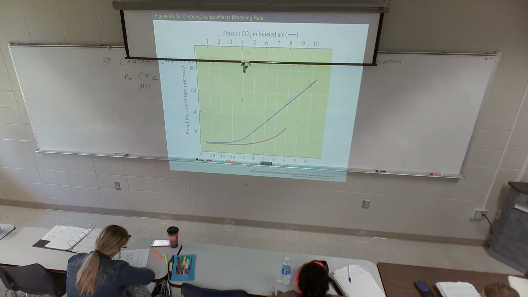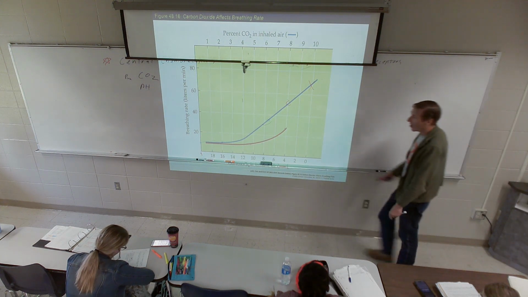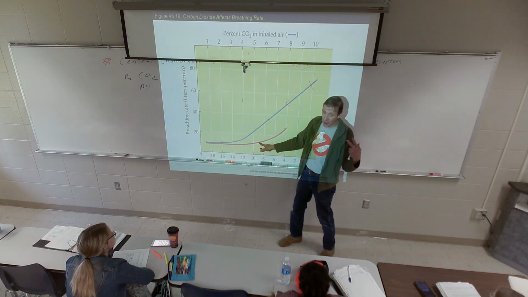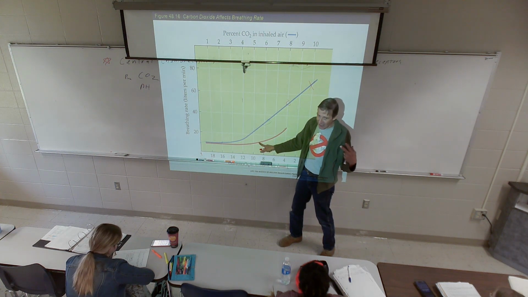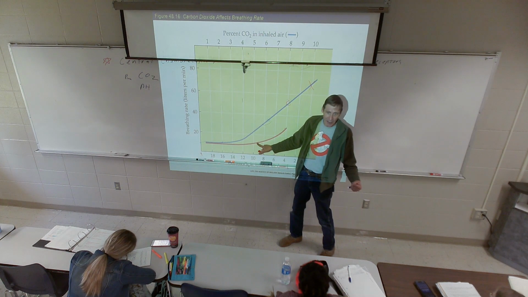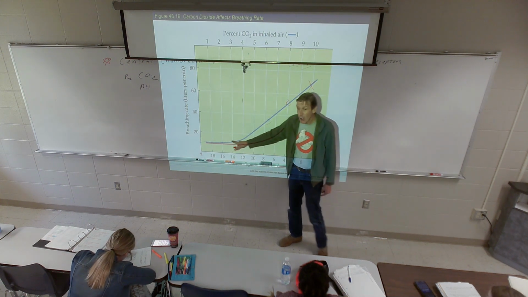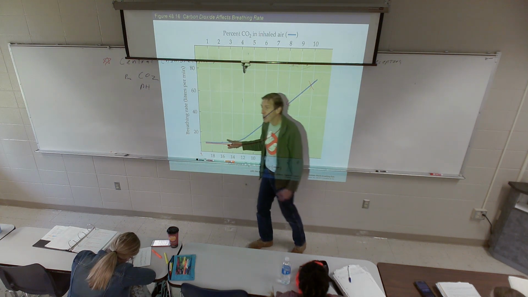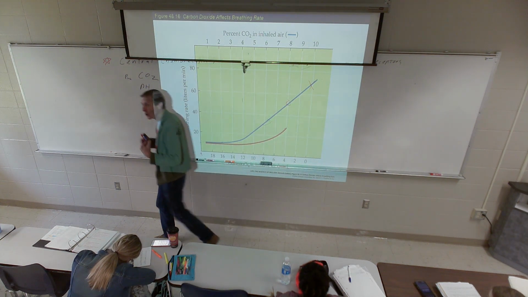You are not sensitive to oxygen, hardly at all. Only when it starts getting incredibly low, as we'll see, the peripheral chemoreceptors can detect oxygen levels. And if oxygen in the blood gets low enough, then you'll eventually kick in breathing just to get more oxygen. But normally, there's so much oxygen in your blood, you don't even bother to control it. Your breathing pattern normally is to control CO2.